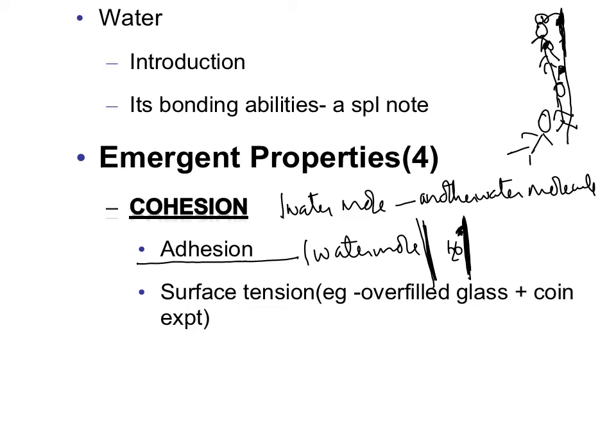And adhesion and cohesion together help water move from the root to the leaf, and they are able to do this because of the polar nature of the water molecule. Okay,